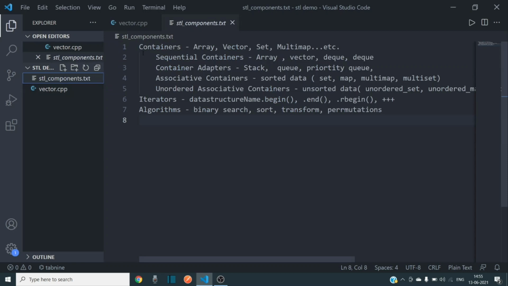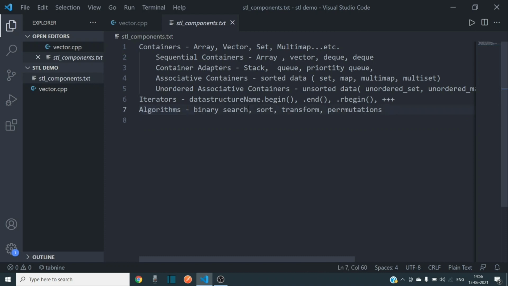So STL consists of 3 main components. One is containers. Containers are the data structures in which we can store data in different ways, having some functionality with each container. After that, we discussed iterators, which are just how we can access the container elements. Then algorithms are the algorithms we can run on different containers. So it makes our work easy.